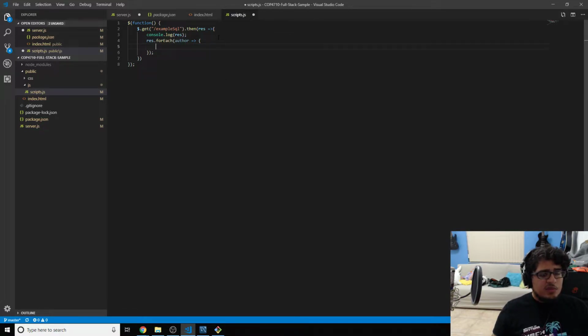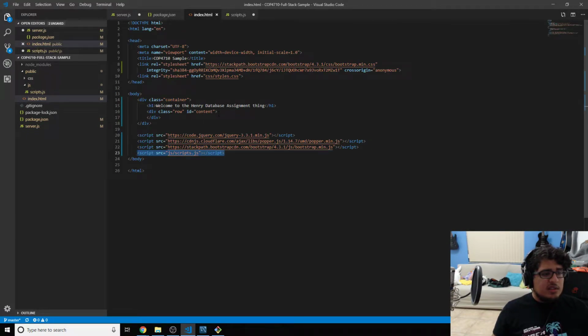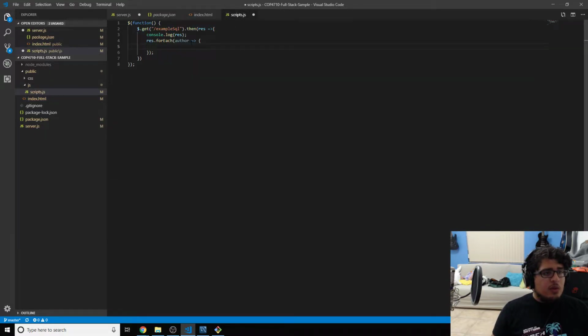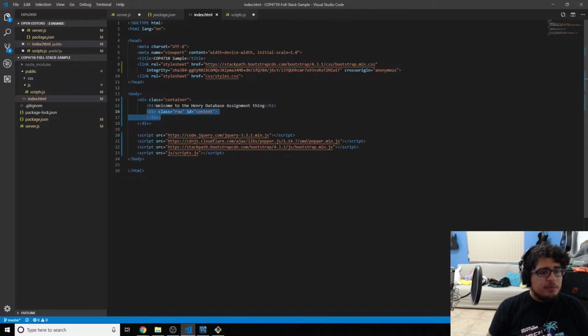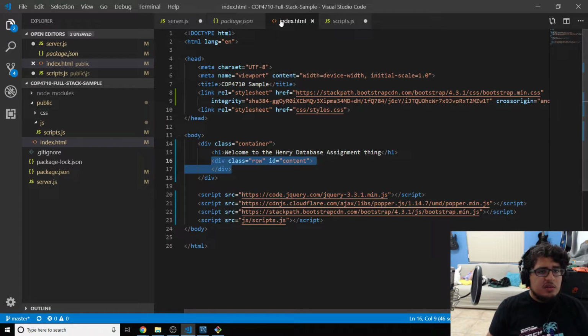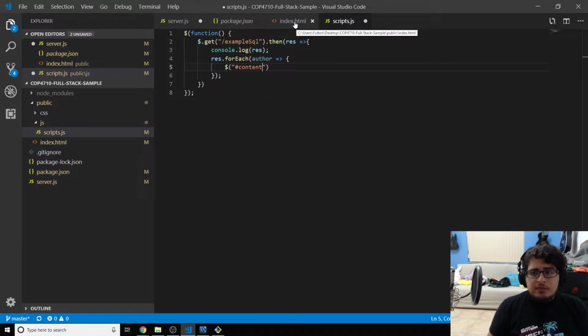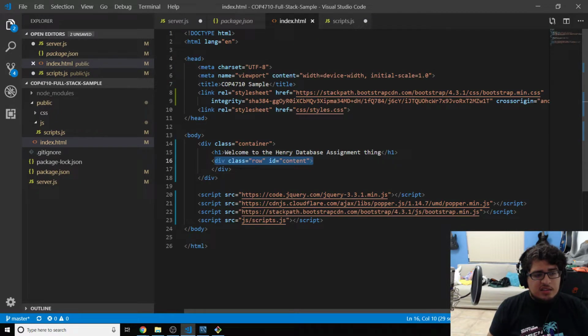And what we want to do is we want to be able to display this information in our HTML, right? So I created a little spot right here, this div with ID content that we're going to push that data to. So we're gonna use jQuery. jQuery has this really cool notation that is $ parentheses, and it can capture elements in our HTML. So I'm gonna capture that ID content that I have right here. So let me zoom in a little bit to make sure that you guys can read everything. So we're getting this ID content div,